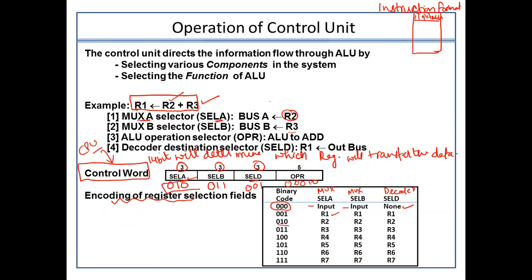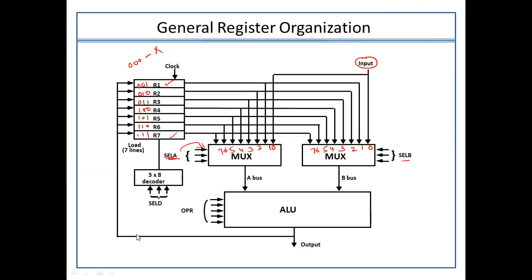So this 14-bit control word will actually arrive at the CPU, and then following the control values and these function tables, my system will be able to execute the data, to work with the general registers. So this is the exact idea in a nutshell. The control word plays a vital role whenever we are using the general registers within the CPU. Now I hope that you have understood the idea exactly.